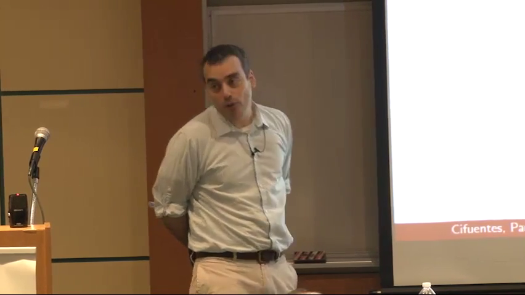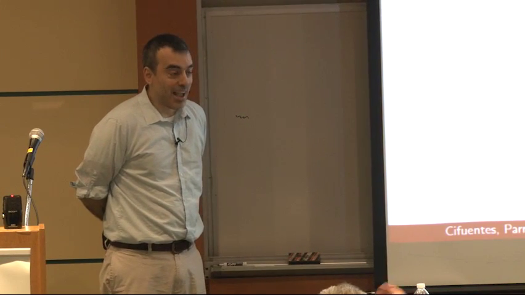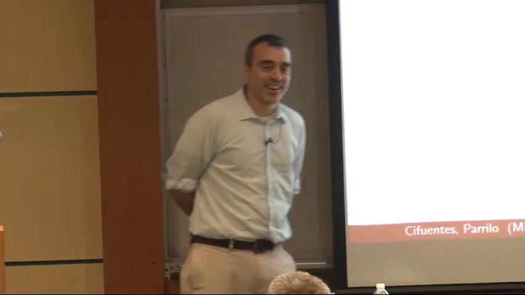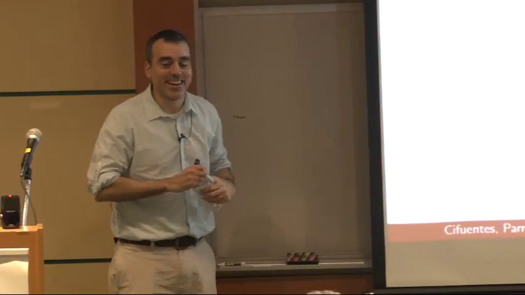But what you should hopefully be wrestling with is, what's the contradiction? What went wrong in there? On the one hand, I told you 40 years of research says that trees are good and you can do everything nicely on trees. And on the other hand, I gave a simple example where trees are NP-hard. Well, maybe the paths are bad and the trees are good. You showed us paths. That'd be like a failure of logic. If that was true, that'd be bad, indeed. But that's not what's happening. Yeah.